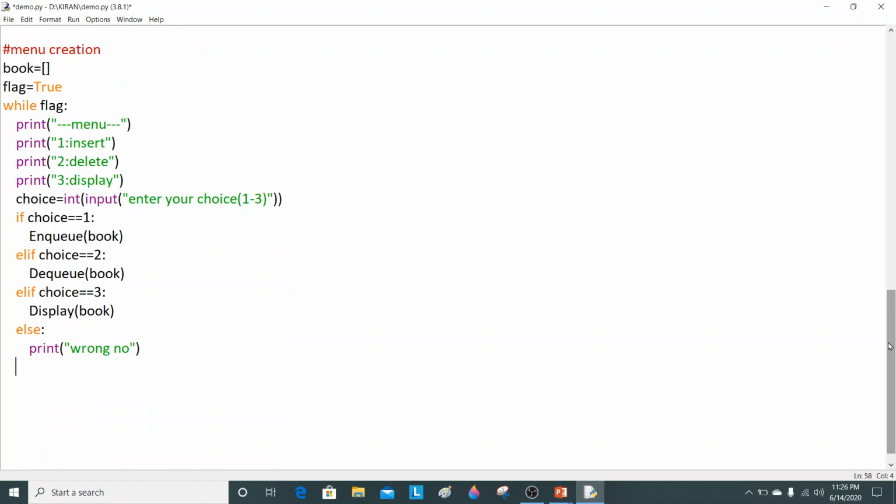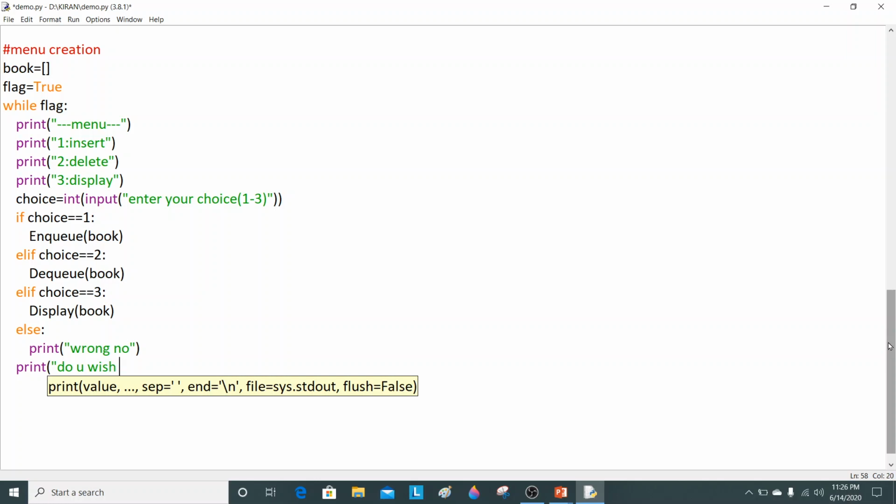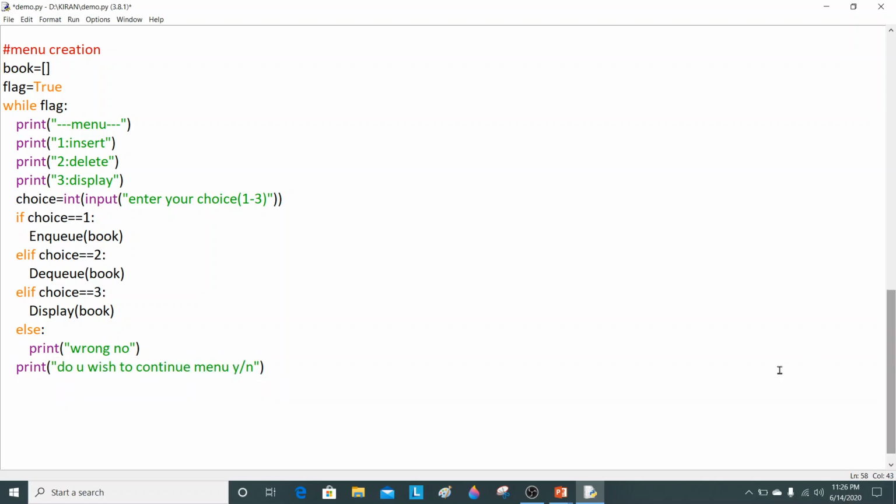So for that, again you will write down here the print statement, print quotations, do you wish to continue menu? Then the user will enter yes or no. So this message will be reflected on the screen.